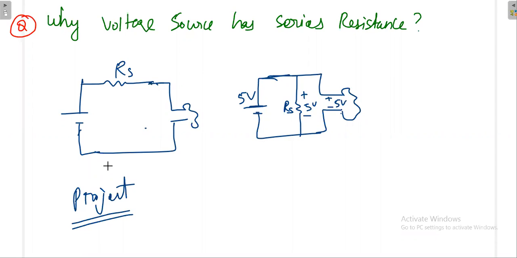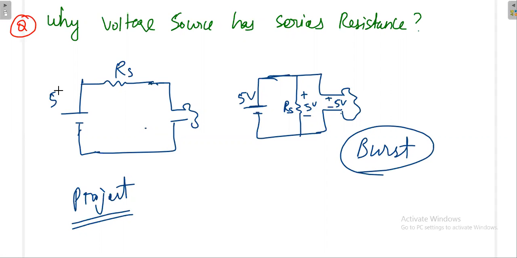Okay, so the problem is, in parallel, if the resistance goes, the connection will not work, sir. In series, even if you keep the resistance, it works. If you do it in parallel like this, the bulb will burst immediately. Here it will not. See, you are having 5 volt. What is the need of connecting the resistance to the voltage source? The need is to reduce your voltage.